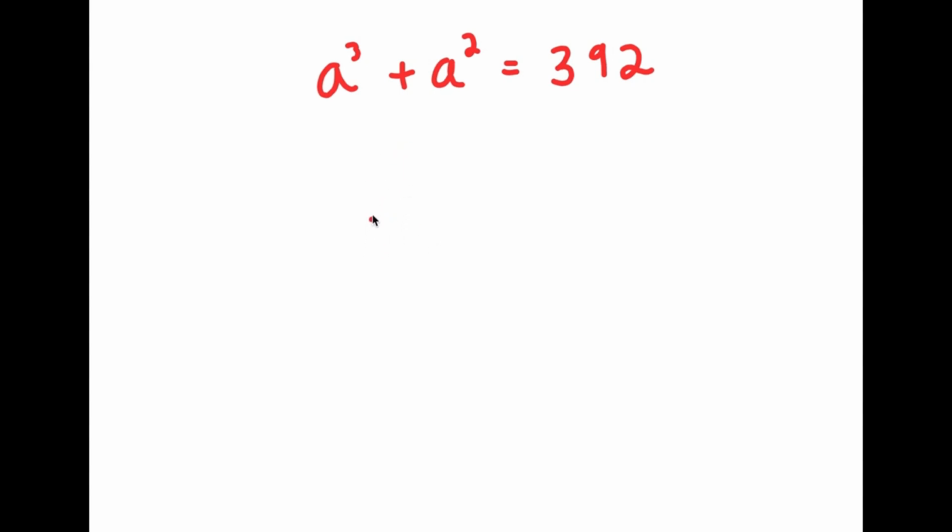Alright, so in this problem, I have a to the power of 3 plus a squared is equal to 392. So I obviously want to find the value of a here. So for my solution,